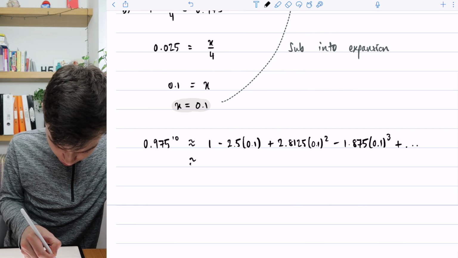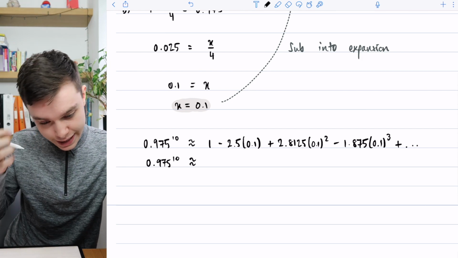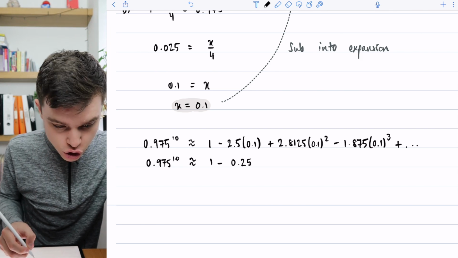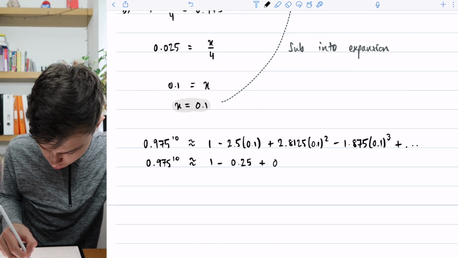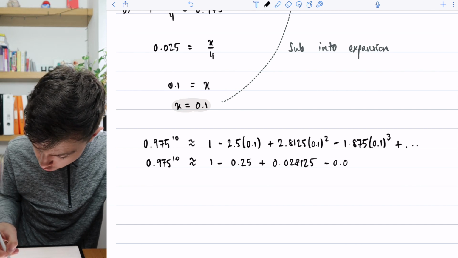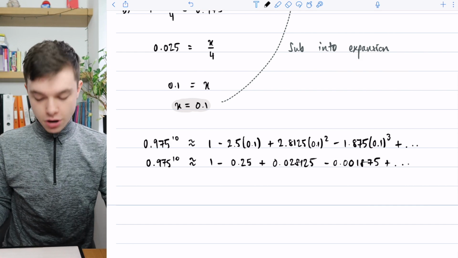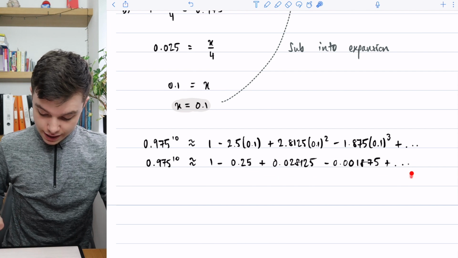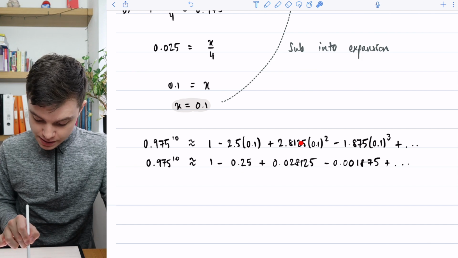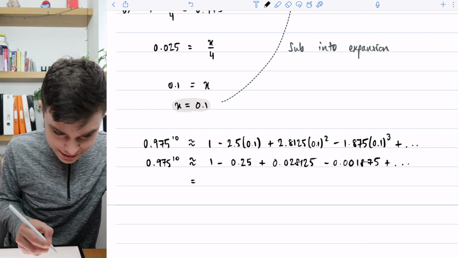So that is then approximately, and it's still 0.975 to the 10. That's approximately this. 1 minus, hopefully you can do that multiplication there, 0.25 plus 0.028125 minus 0.00185 plus dot dot dot. Okay, then all you need to do is put that into your calculator. You could have put that into your calculator as 1 and it would have given you your answer straight away, but it's nice to simplify each term to show you what you're doing. When you put that into your calculator, that is equal to